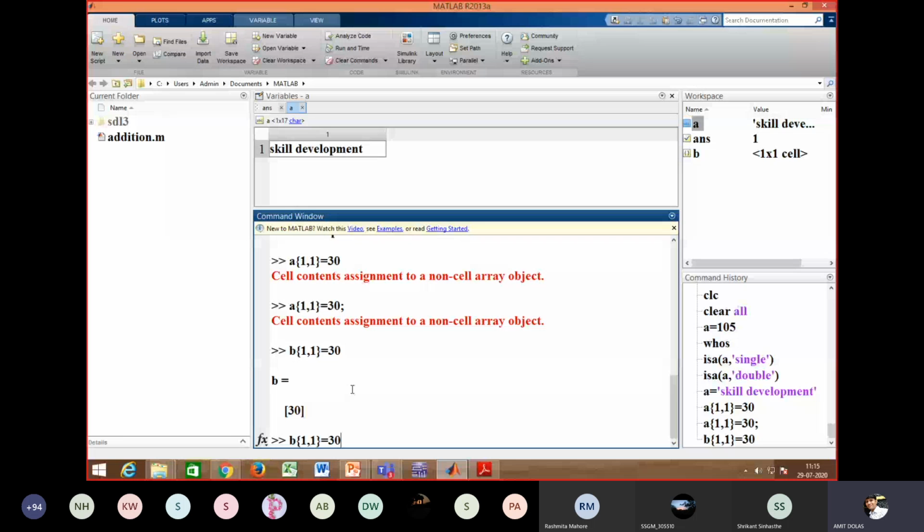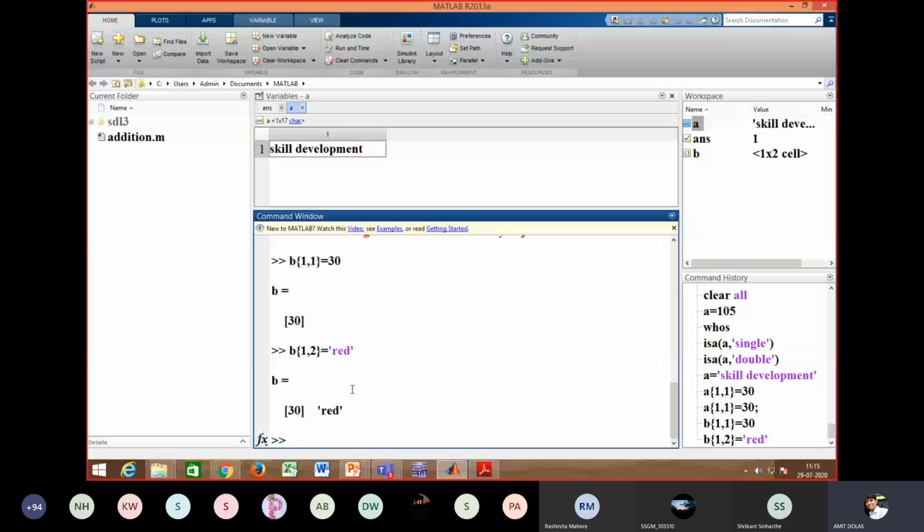Then I'll change it to 1 comma 2, and I will say any name or color you want. So I will write red. So it will enter red, and I will add onto the b variable; I'm adding cells. So it will be, say, 1 comma 3, you can go for 1 comma 4, 5, and any number of cells can be added.